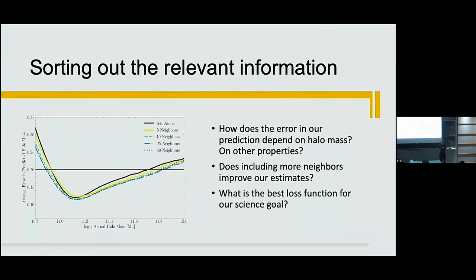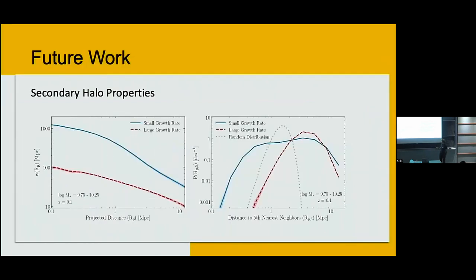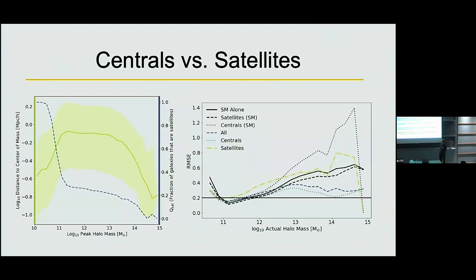Thank you. Yeah, really nice. So I have quite a few questions, but I will try to merge them into one. At least at the low mass end, if you've got a 10 to the 9 galaxy in a 10 to the 10 point something halo, it's probably not going to be a satellite. I mean, you're not selecting satellites there, right? Because then you're going to have a more massive central. Yeah, so basically below 10 to the 11, these are almost all satellites. This blue dashed line is the fraction of satellites.